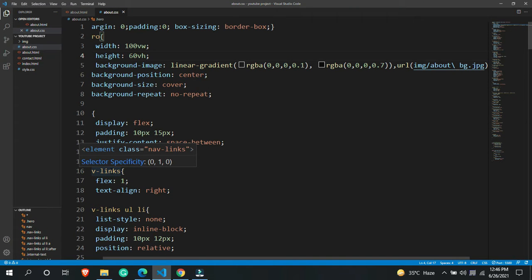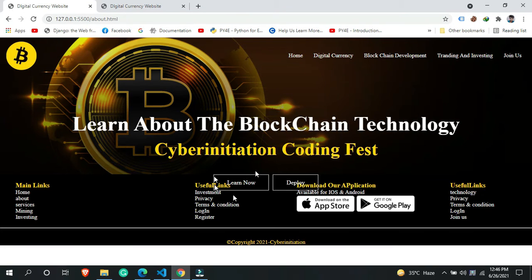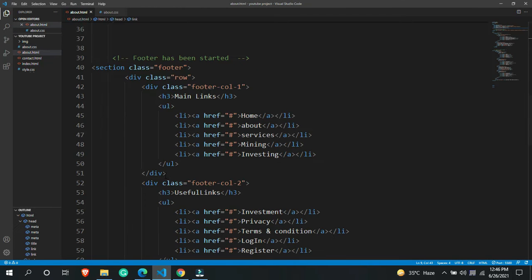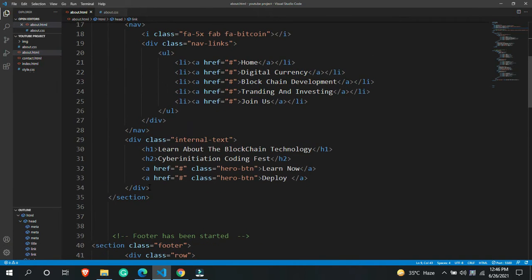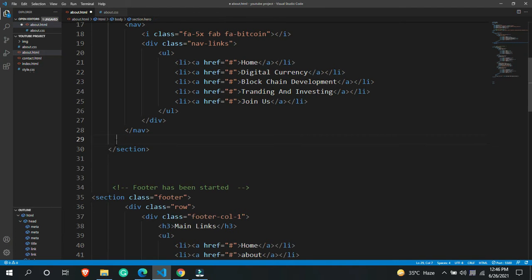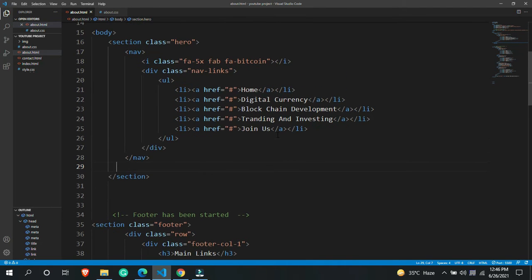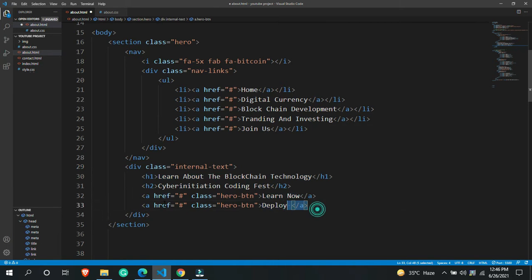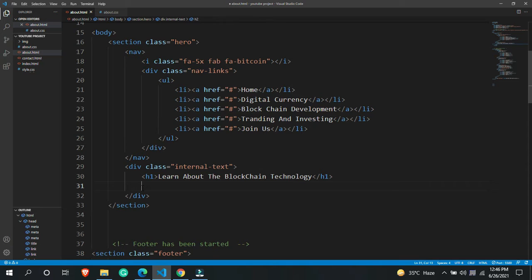Okay, and before doing anything let me remove these buttons as well. I'm not going to use these buttons and these headings, so let me remove them. Let's come up over here, and here we are getting internal text. Let's remove it, and I'm only going to add an h1 over here. So let's remove this button and h2 as well. And I'm going to say this is the about section, so let's say about us page.